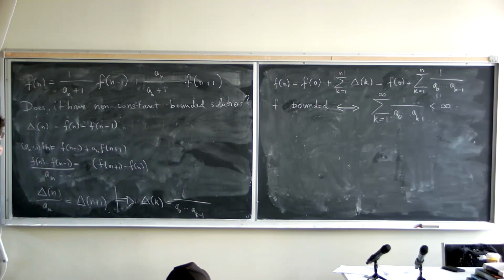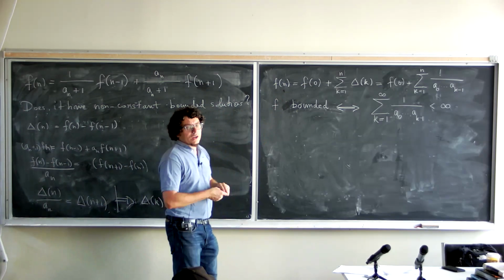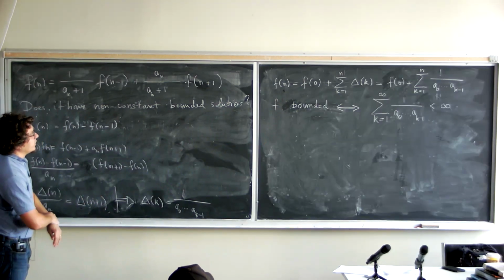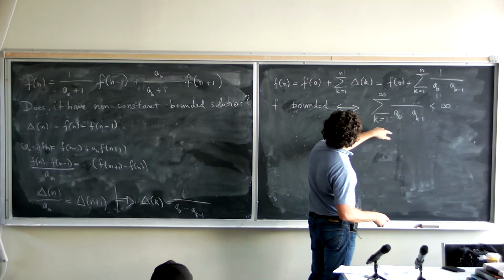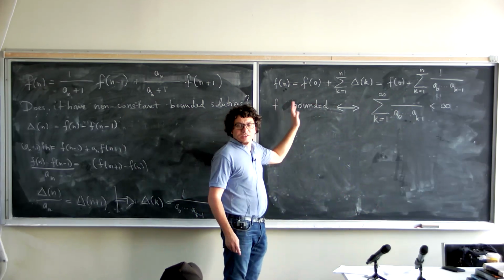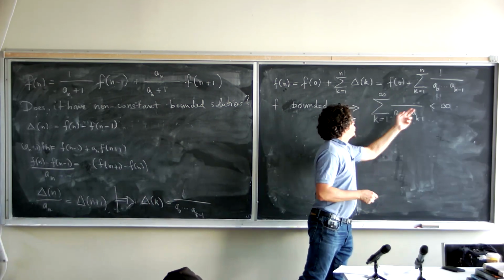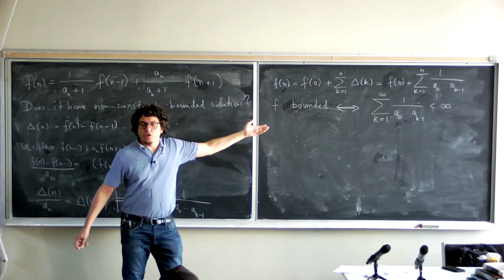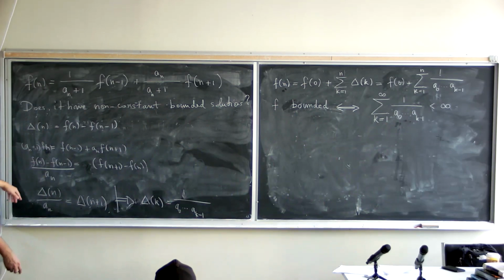Yeah, so basically this is just a way to, you start from f0 and you write your values of f of n, and then you see immediately that if this is bounded, you can define f of n like this and this would be bounded, and if not, if this diverges, then this f of n also has to diverge, unless we started with a constant function, which I think would just mean that these deltas are all 0.